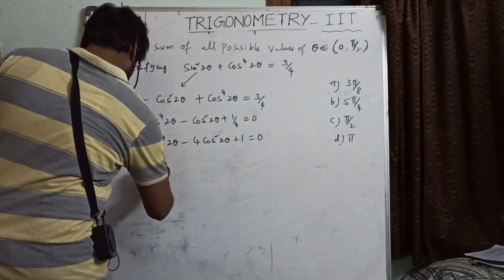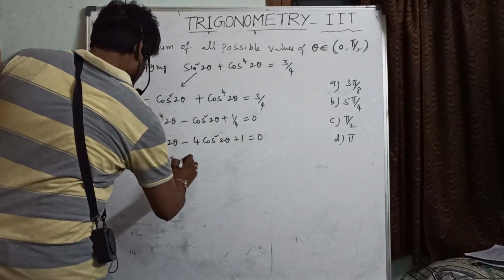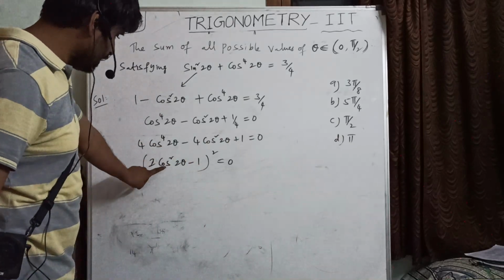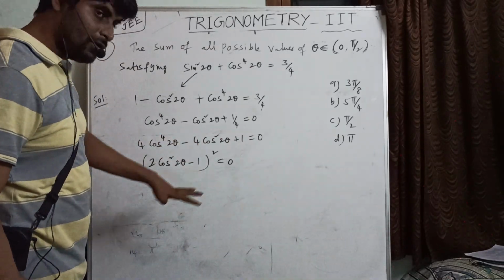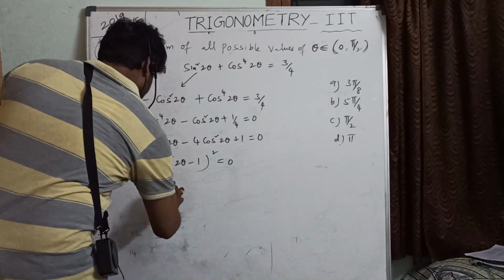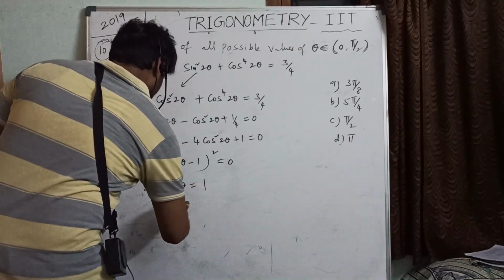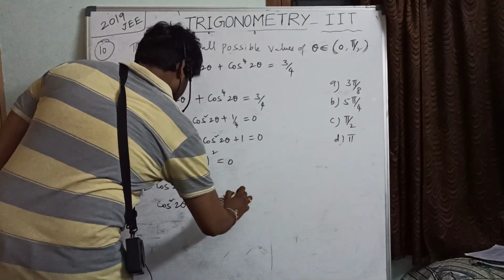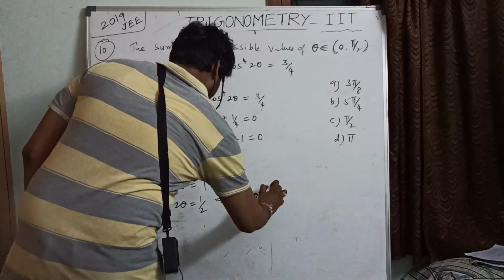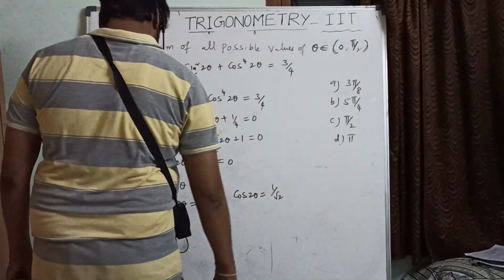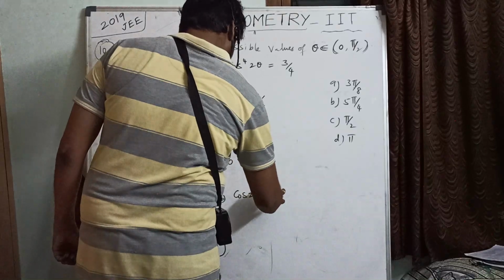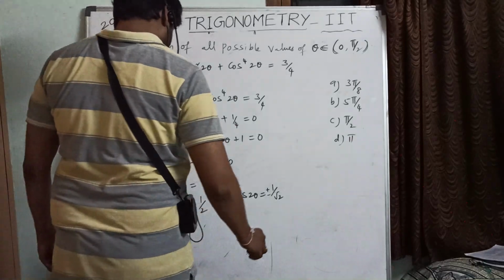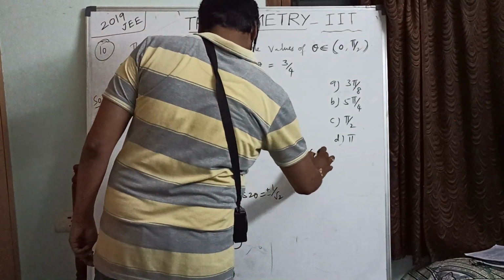Now so this will be 2 cos square 2 theta minus 1 whole square. Correct or not? A minus b whole square, a square plus b square minus 2ab form. Okay, so from this what can I get? 2 cos square 2 theta equals 1. So cos square 2 theta equals 1 by 2. That means cos 2 theta equals 1 by root 2. Correct? So by this what plus or minus we can write here. Plus or minus means in that 0 to pi by 2 also we have to check. So theta belongs to 0 to pi by 2 actually.